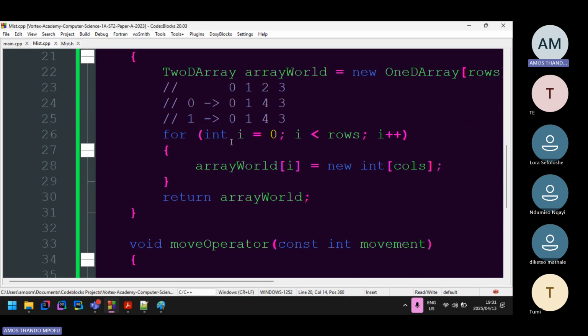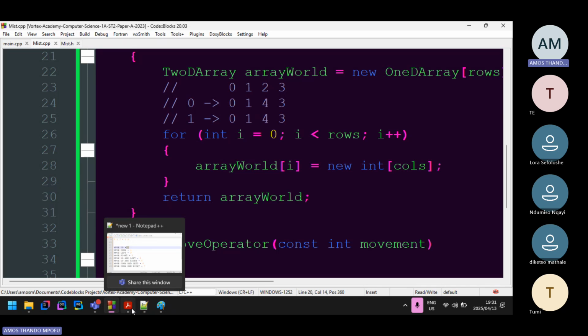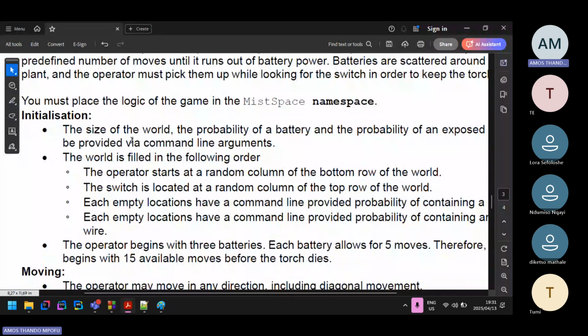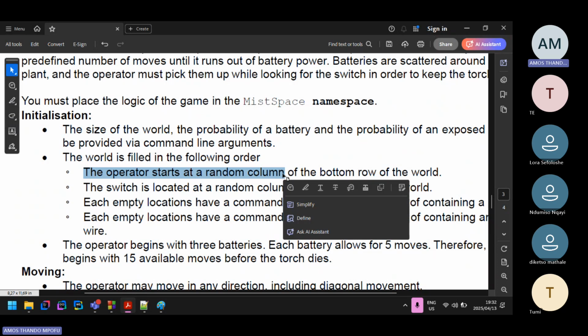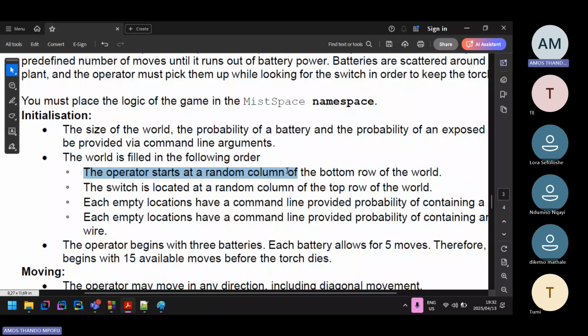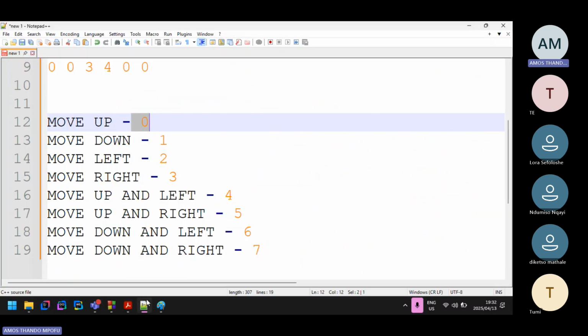So we're not done with the allocate function, right? To allocate our world, I'm gonna go to my document PDF, and let's see what needs to be done. The operator starts with a random column. They said the operator starts at a random column of the bottom row. So how do we find a random column? A random column is, remember,